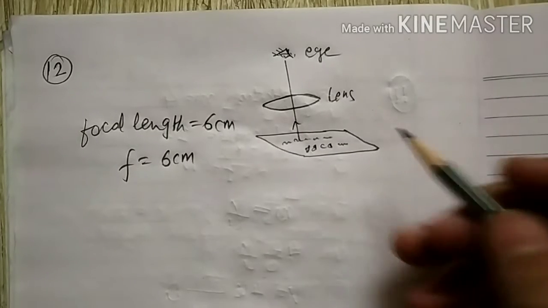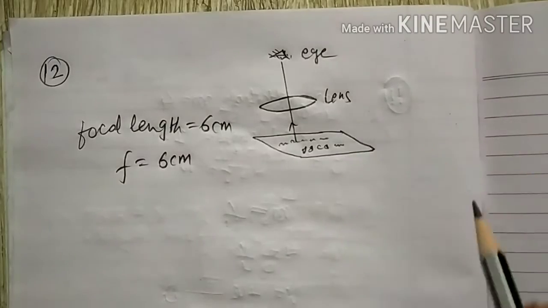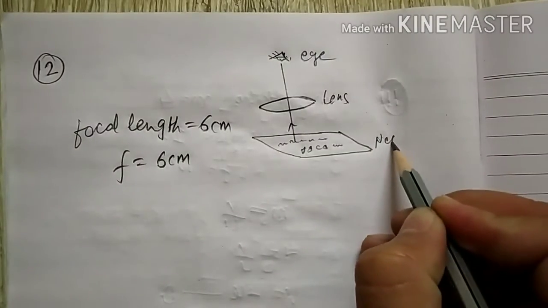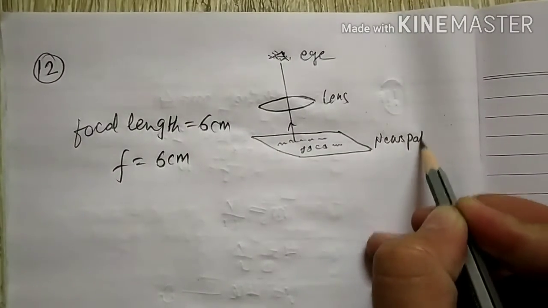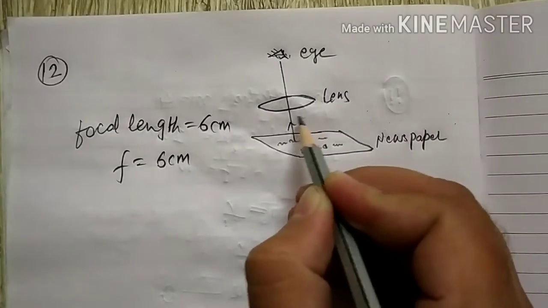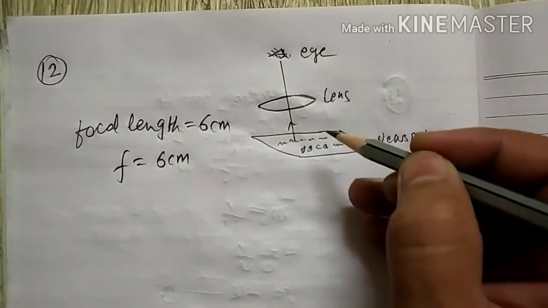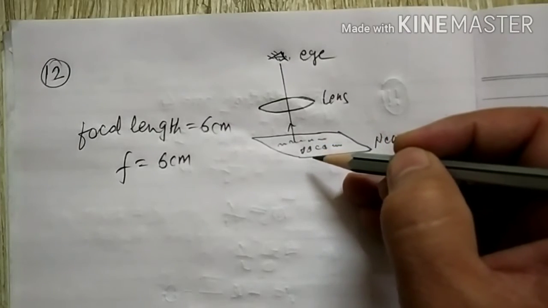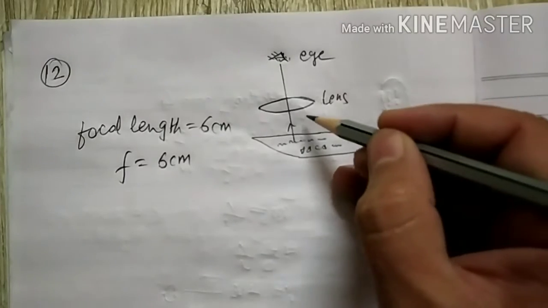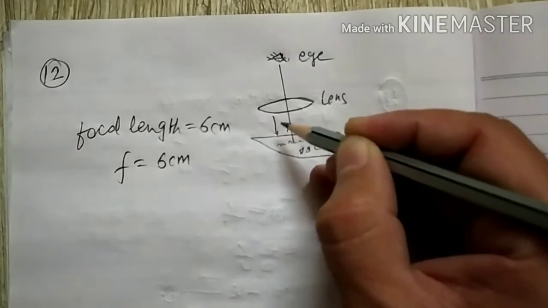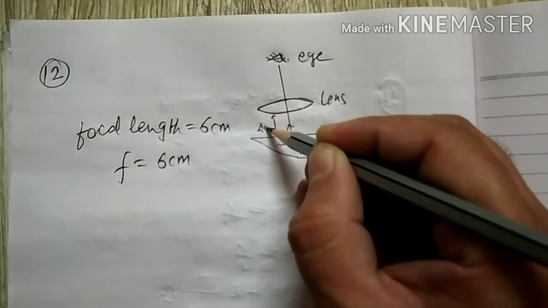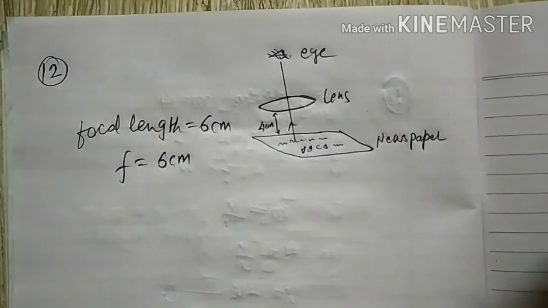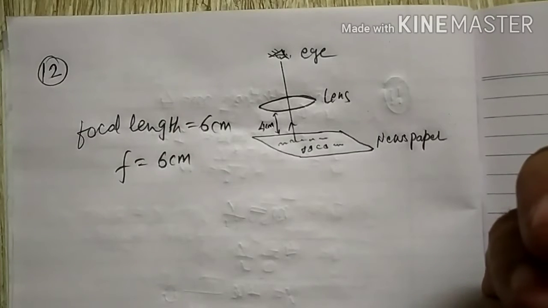So you can see I drew a diagram to understand well. Suppose this is the newspaper, and I kept the lens over here. They are saying that it is held 4 centimeter from the newspaper. That means this distance is 4 centimeter only, and they are saying it is held 4 centimeter from the newspaper,